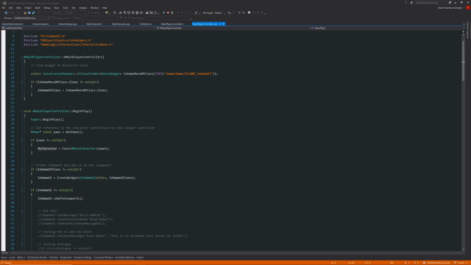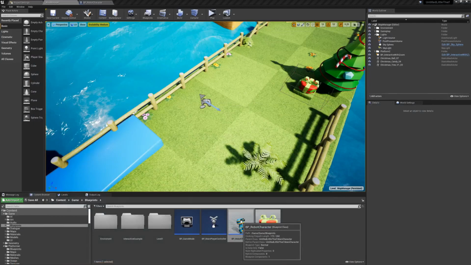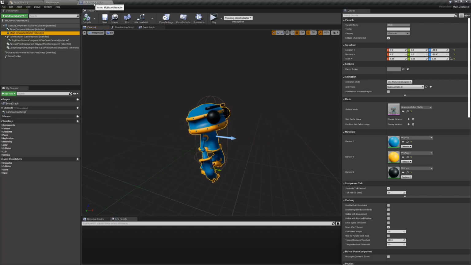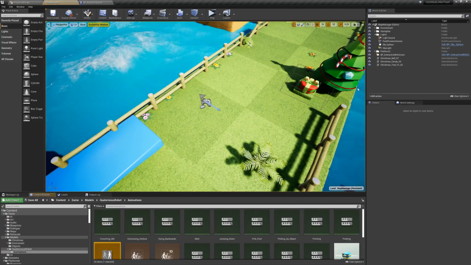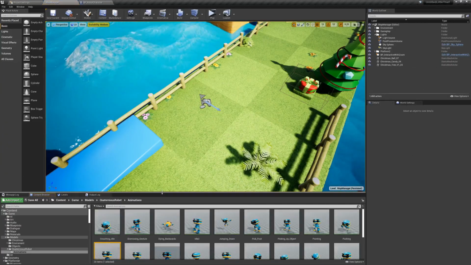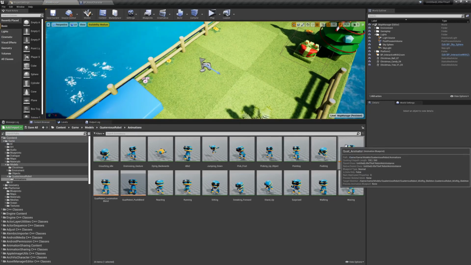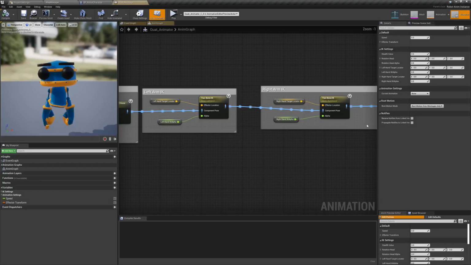So now we're going to see how the animation blueprint works. I'm going to open the main character, and I need the blueprint. Because this is already prepared, it's easy for me to go this way. So the animator blueprint is this. I'm just going to open that. Here we have all the animations plus the blueprint, which is attached to the robot. And if I open this,